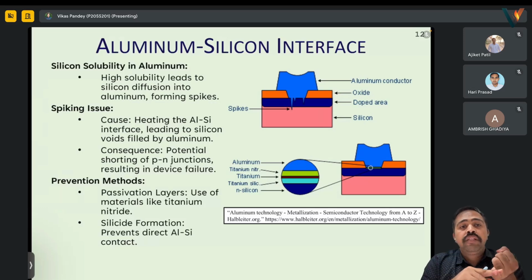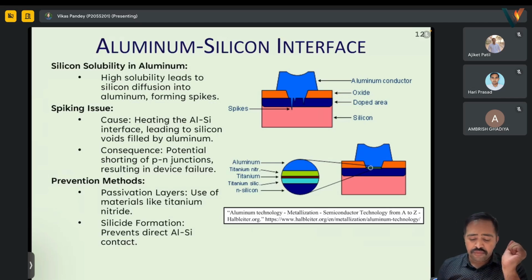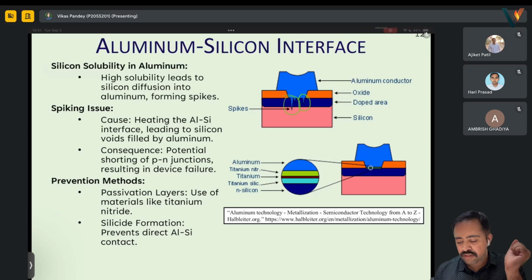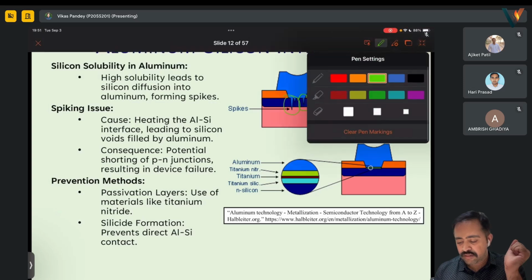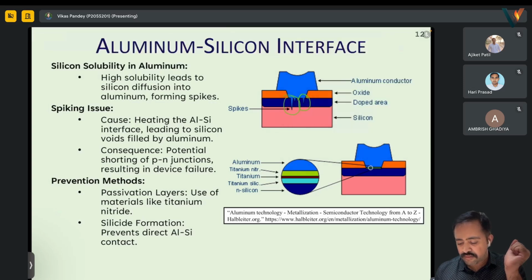Aluminum is highly soluble in the silicon, and this leads to silicon diffusion into aluminum. That is, you see, this area is visible where it is entering. Such spikes are formed. Okay,